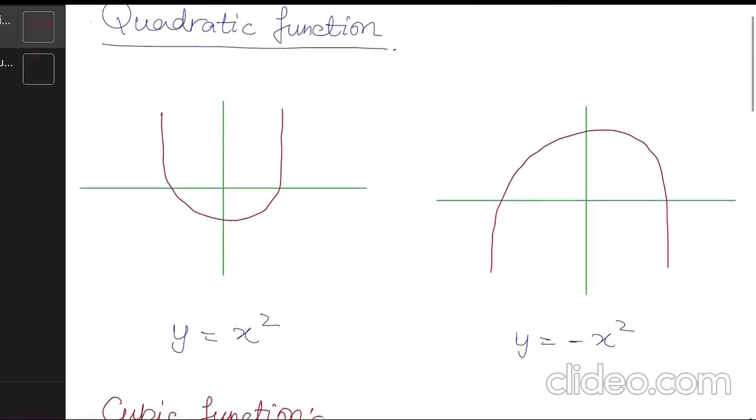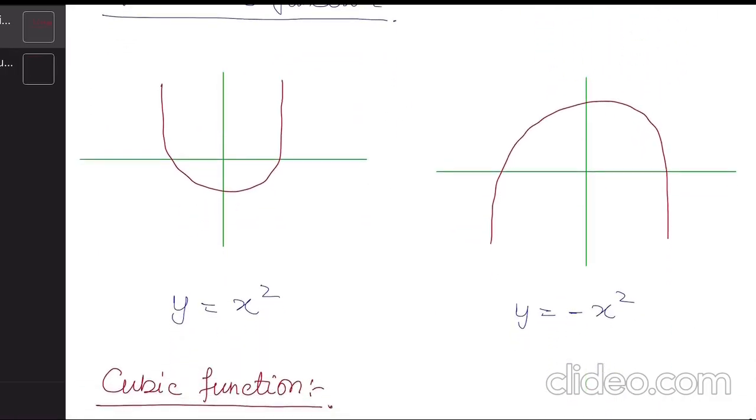Next one is a quadratic function. A quadratic function is one in which the variable's maximum power is 2. So if your quadratic function x squared is positive, you can clearly see that your graph would be in the shape of a U,